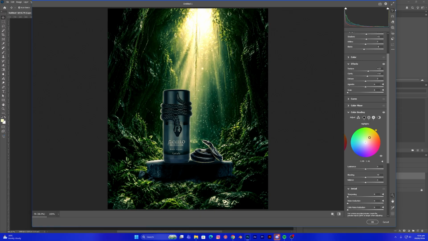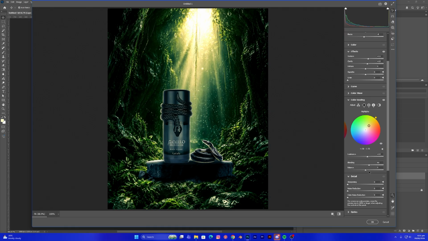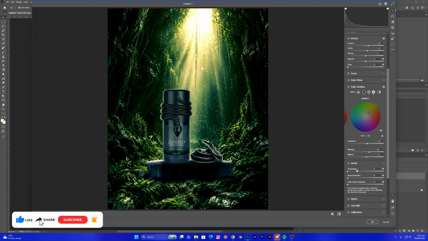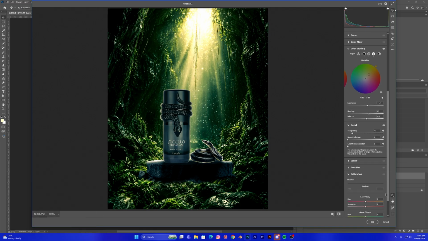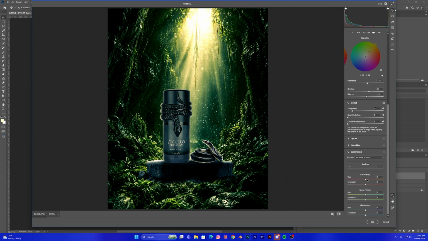Feel like this. Play around with the slider a bit, blend it at 60, balance at 5, then head down and push the sharpening to like 20, then scroll down to calibration,